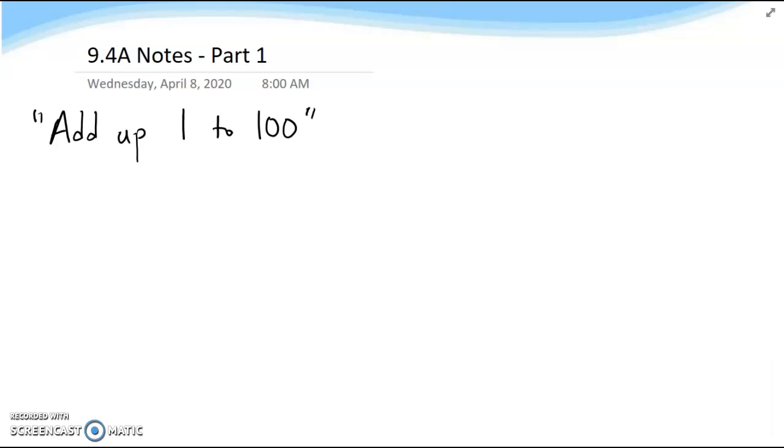You should have watched a video about how to add up the whole numbers from 1 to 100, and it's a clever little story and a cute story, but I want to generalize the pattern for all sorts of other sequences. So just as a reminder, if we have 1, 2, 3, all the way until we get to the middle of 50 and 51,